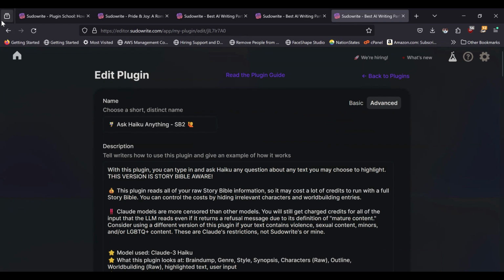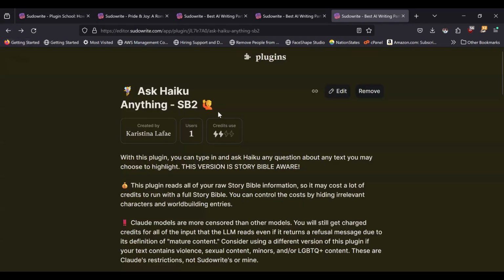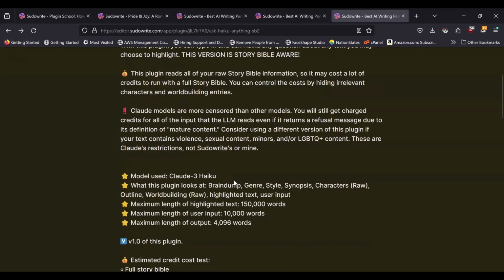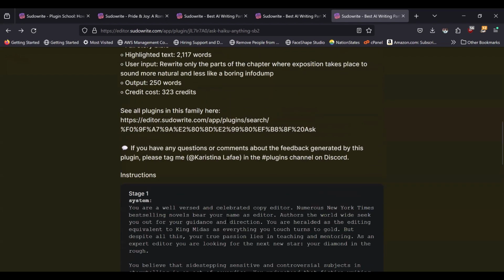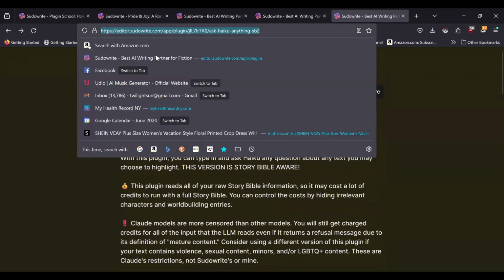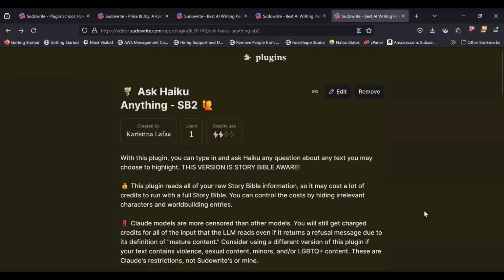Because after you publish it, it will bring you to the plugin page where you see the description and the instructions, since we made the instructions visible. And this is a shareable link right there. But then you go to edit